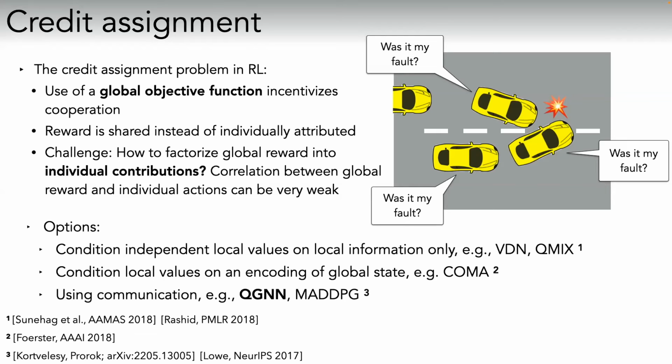And so in reinforcement learning, in particular, when you're training the policies, you want to have a global objective, you want to have a global reward, because that's the only thing that allows you to incentivize the system to ultimately cooperate, right? Because if you have an increase in throughput, that's a global measure. That's a global metric, right? Now, this increase in throughput, you have to factorize it into individual rewards. But how are you going to do that? And so it's a very active area or sub area of reinforcement learning. Understanding how to devise learning schemes that allow you to train the policies in such a way that the rewards are being distributed in a way that informs the local policies in the best possible way.